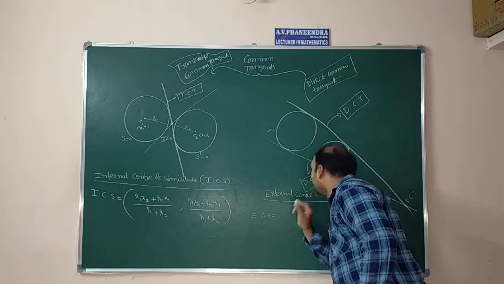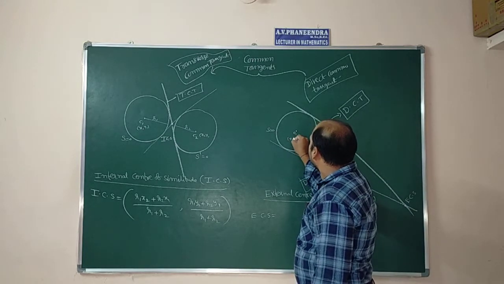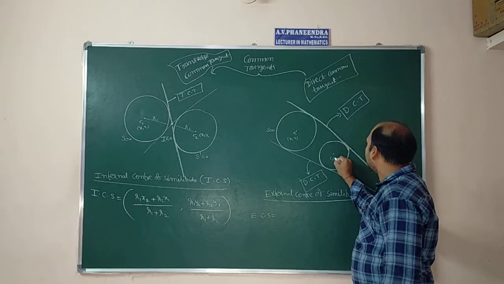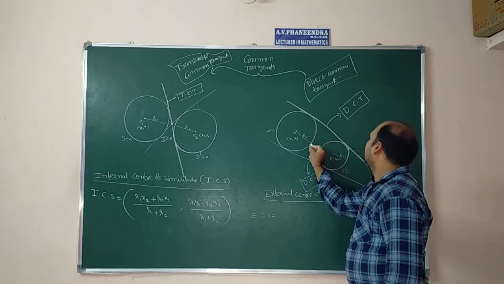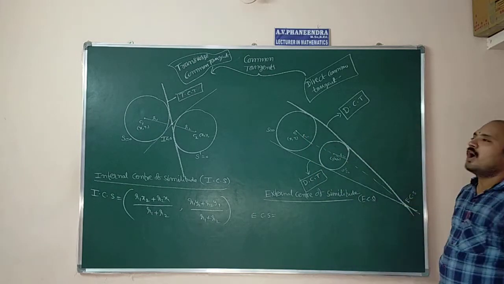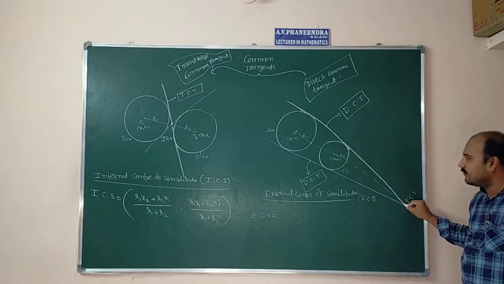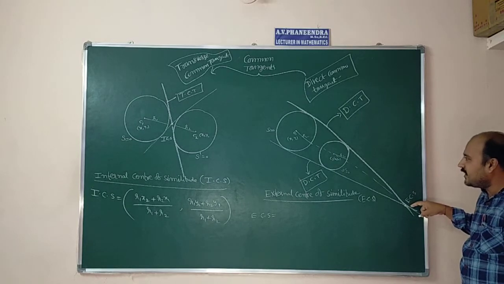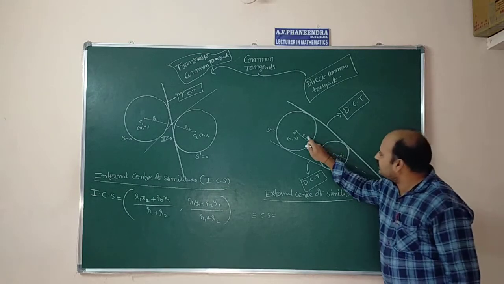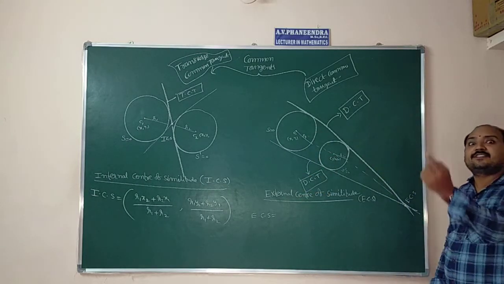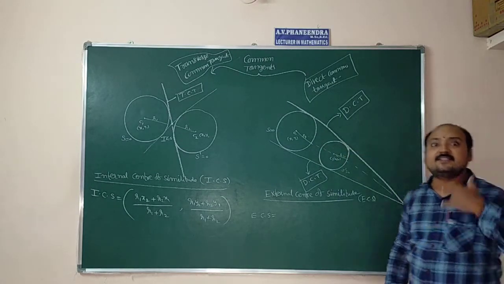S equal to 0 and S dash equal to 0 are both the circles. Their centers are C1 equal to x1, y1 and C2 equal to x2, y2, and their radii are R1 and R2 respectively. Here, on the line C1C2, you can take the point E. This point E divides C1C2 in the ratio R1 is to R2 externally. Why? Because point E is away from C1C2. Therefore, the division is external.